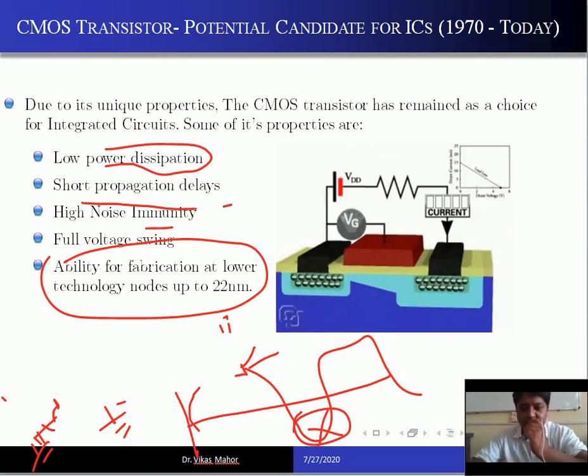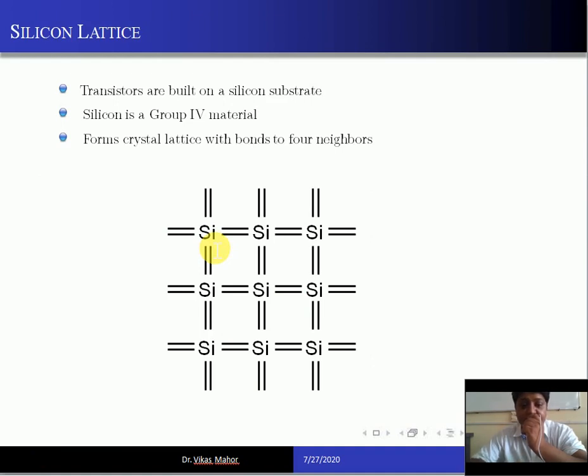If you want, we will again see this working of CMOS. I'll explain the working of NMOS and PMOS clearly. So we'll again come to this slide. But let's move forward. Let's come to the basics. That is very important, because if you miss the basics, you won't be able to understand the things which need higher thinking. So we'll understand the basics starting from the silicon.